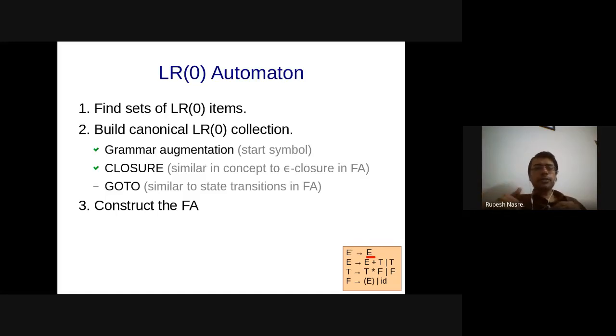The non-kernel items will be whatever is derived from Z, because that dot Z appears in the kernel items. So we build this item set or state for the initial state. Now let's do that for all the different states, and for that we require this goto, or the edges in this finite automaton.